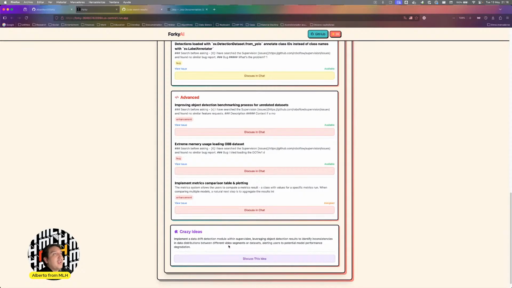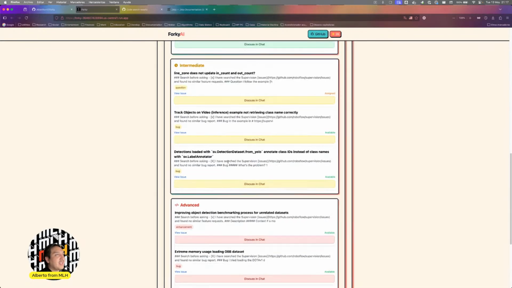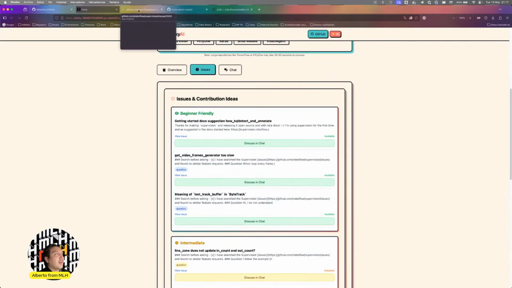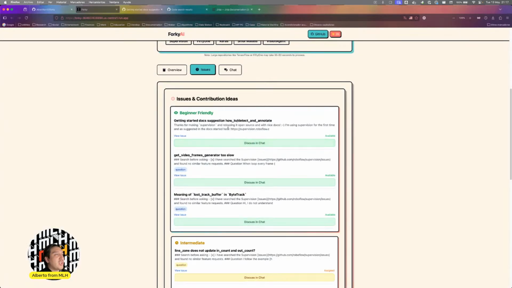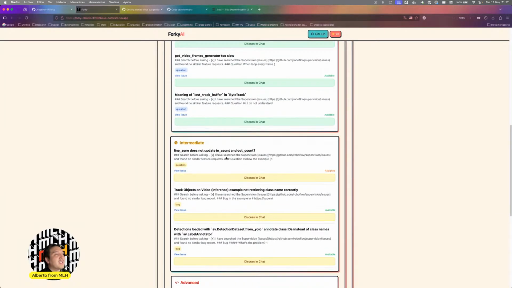Right? And another thing I also love is that in the issues, you can see the issue directly on GitHub. You can talk with the chat about this specific feature and issue and what you can do to resolve it, and the status. And this status is very important because, for example, these are available, but this is already assigned. So you're probably working on this won't be